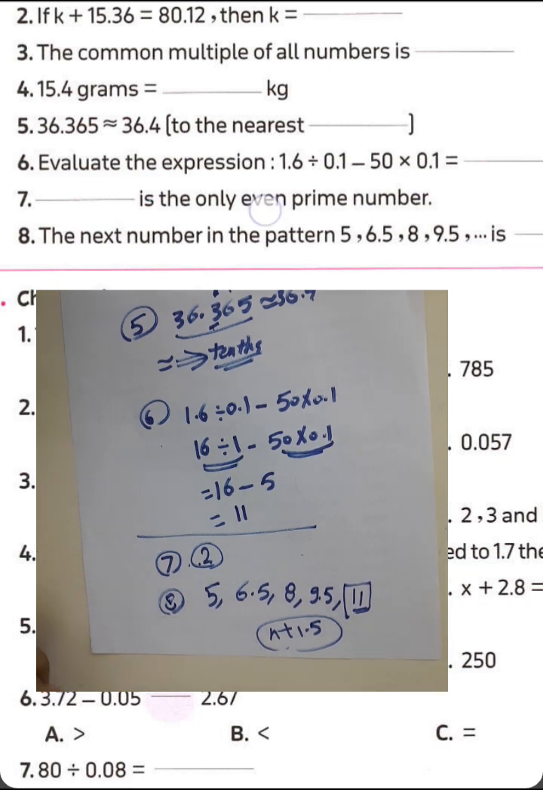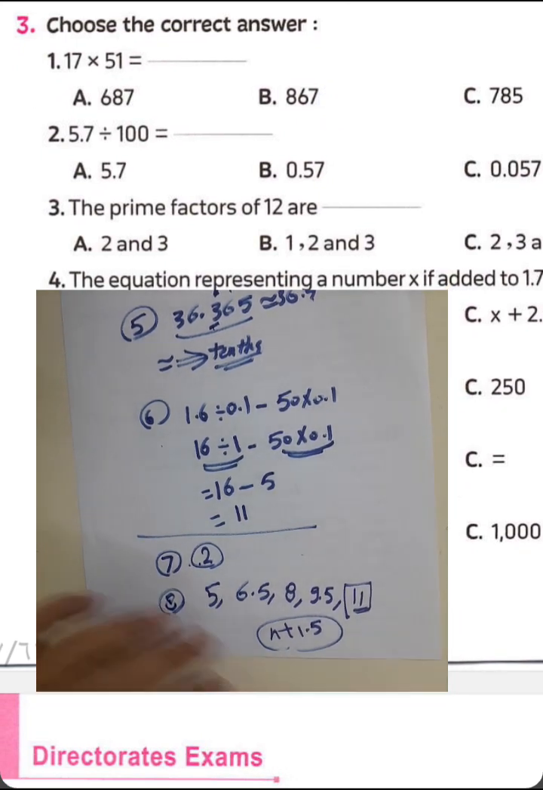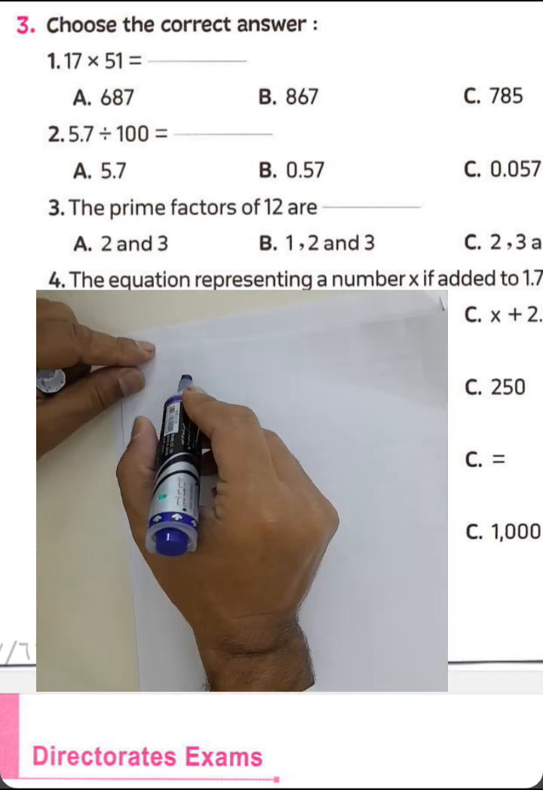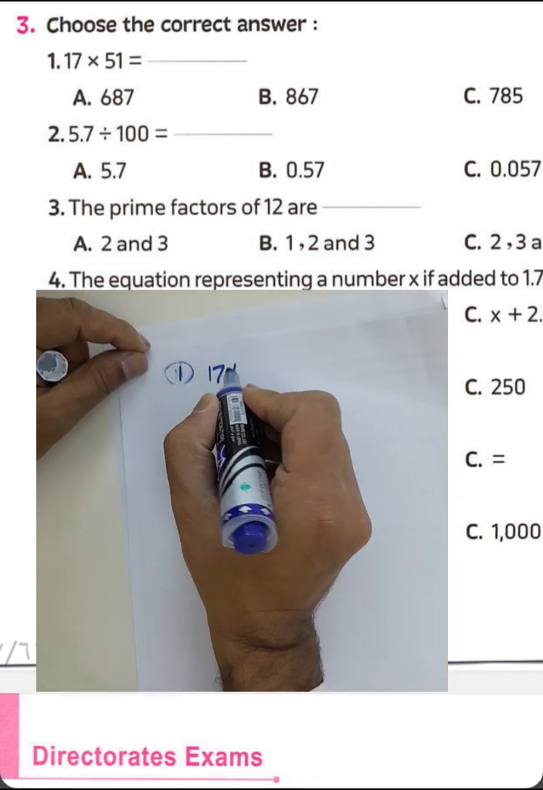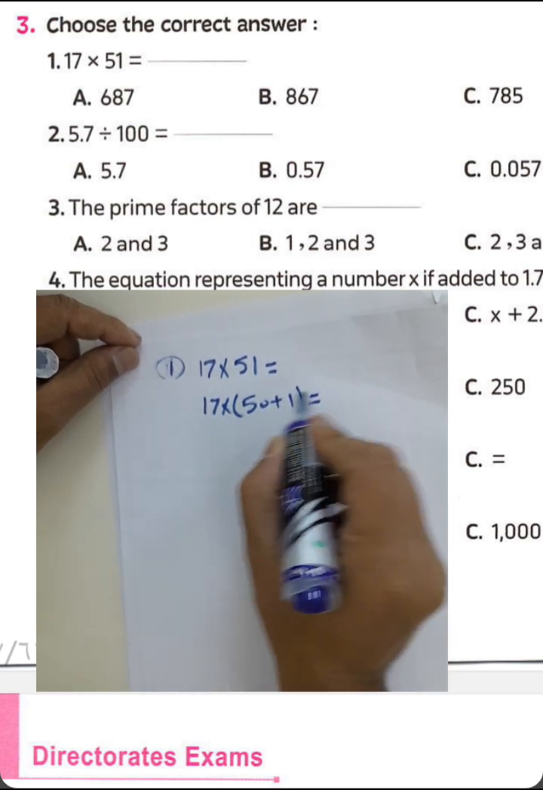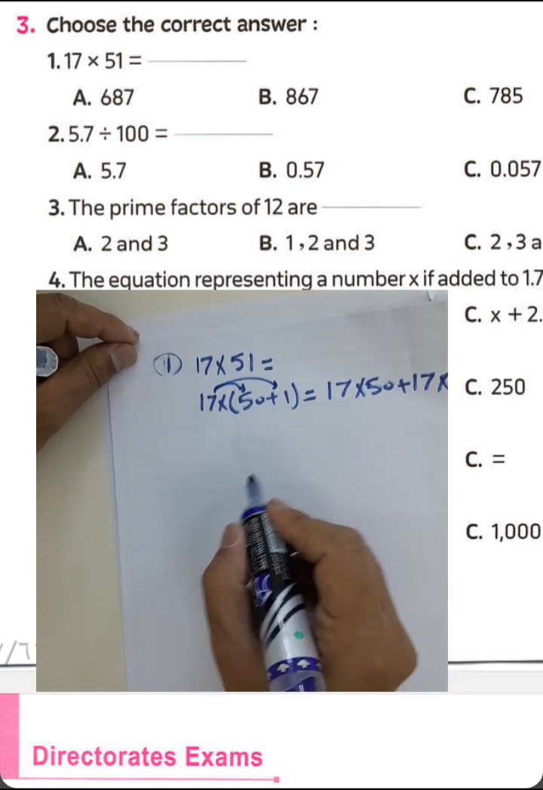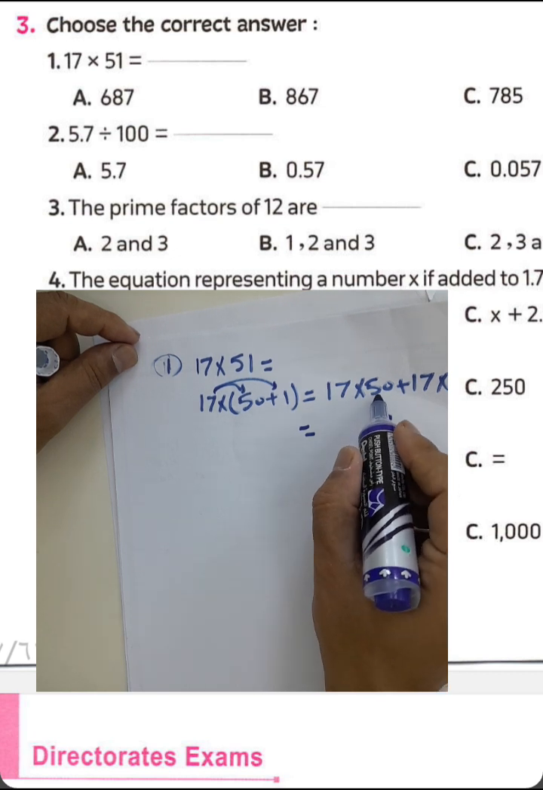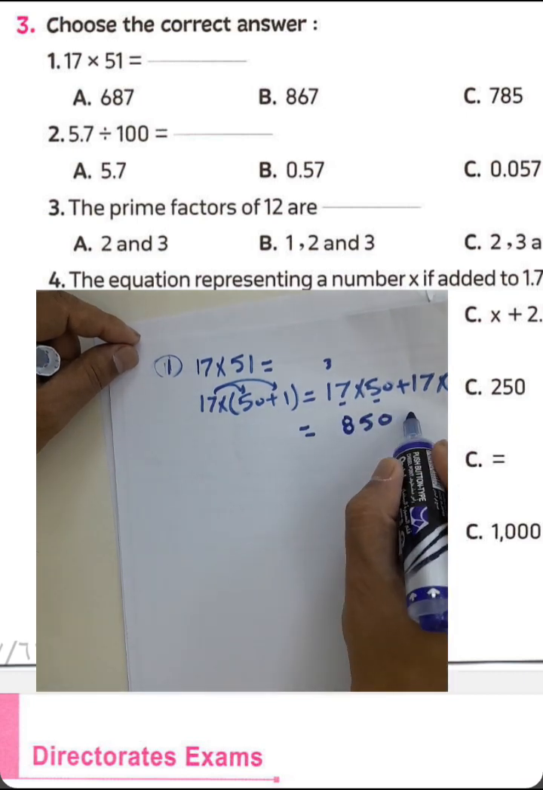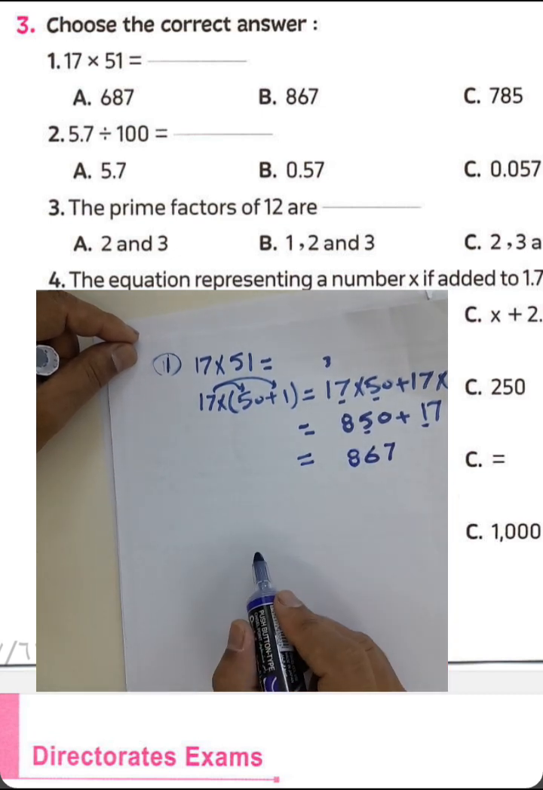Next question, choose the correct answer. Number 1, 17 times 51. Okay, look with me. 17 times 51 equals 17 times 50 plus 17 times 1, using the distributive property. 17 times 50, write 0, and 5 times 7 equals 35, write 5 and carry 3. 5 times 1 equals 5 plus 3 equals 8, plus 1 times 17 equals 17, and 0 plus 7 equals 7, 1 plus 5 equals 6, and then write 8 here. The result will be